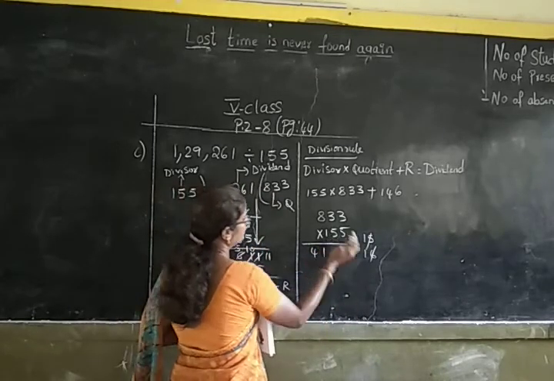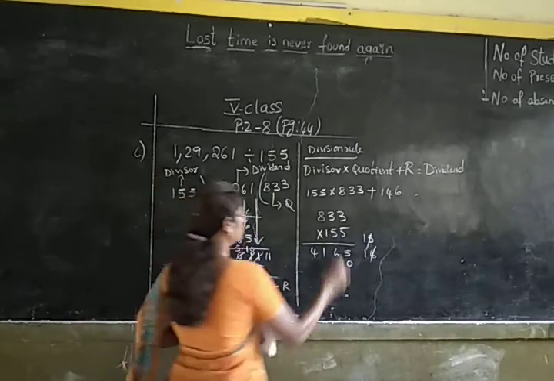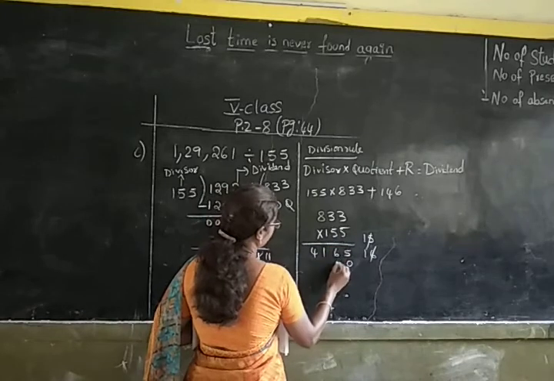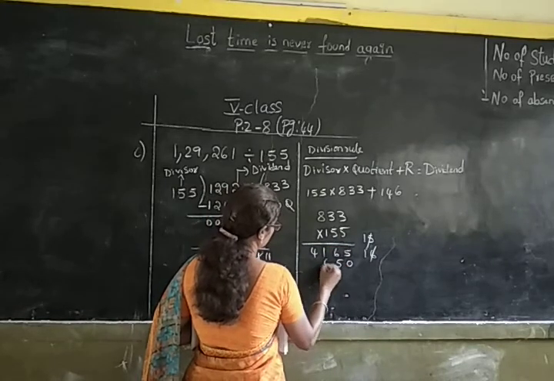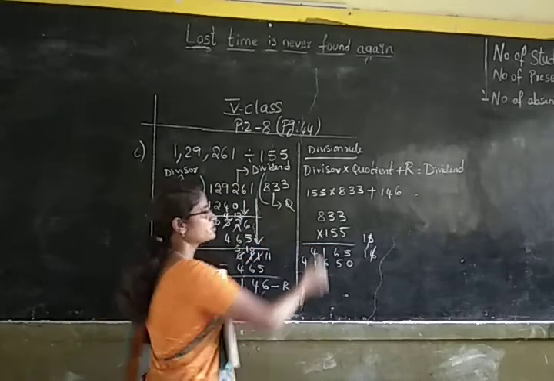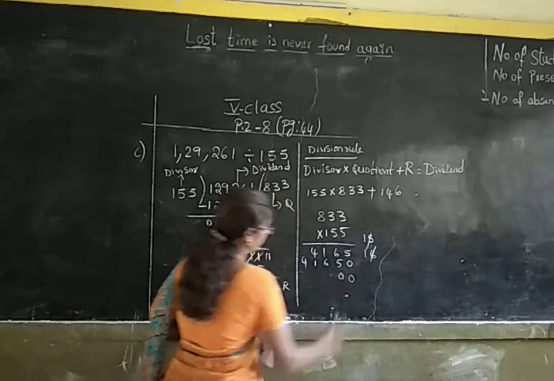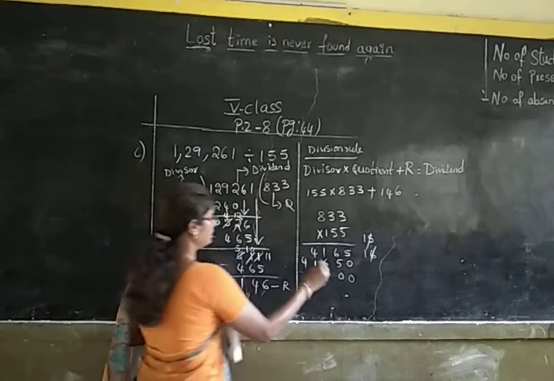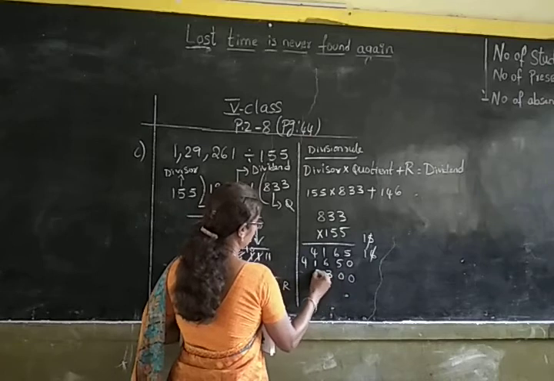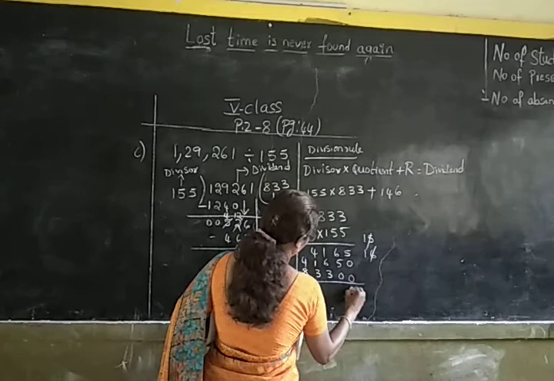Again 5 is in tens place, so you have to put 0 in ones place. So now I have to multiply the whole number with 5. 5, 6, 1, 4. Okay, children. 1 is in which place? 1 is in hundreds place. So you have to put 0 in ones place and tens place. 1 3s are 3. 1 8s are 8.